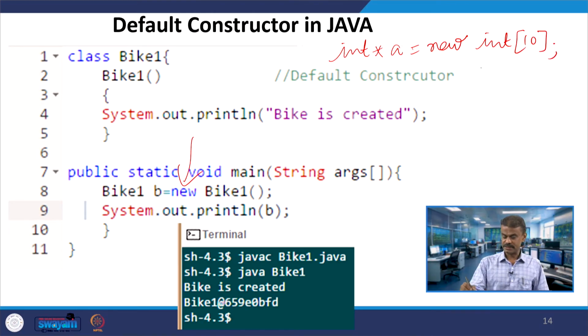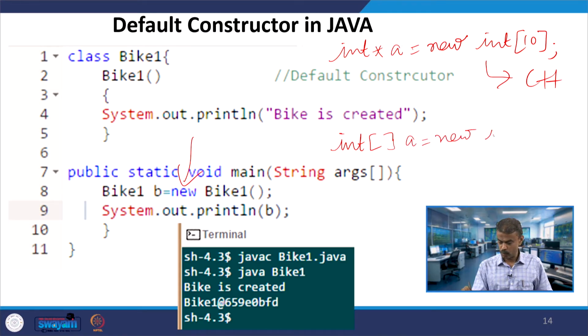The same code in Java is int with the array notation a equal to new int of 10. So, when you create an array, you use this. Similarly here, new and then bike1.